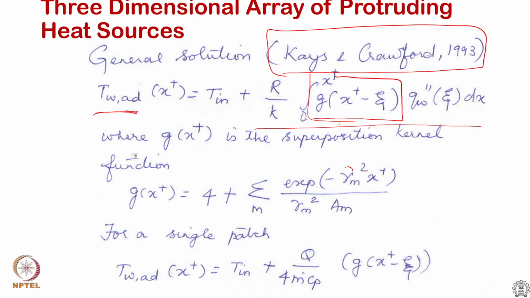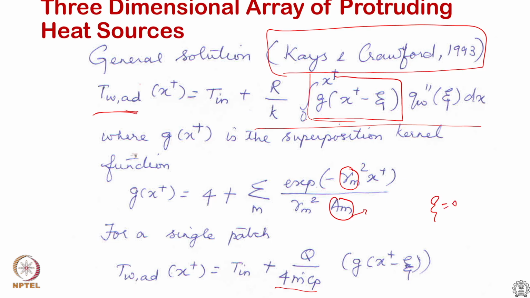And gamma and a_m, they are eigenvalue constants, eigenvalues of this problem. So, for a single patch you get T wall adiabatic equal to T in plus Q by 4 m dot Cp into G(x minus psi). If psi is equal to 0, you get the case of flux being constant right from the beginning. So, what we developed as an unheated starting length problem, as you can see, can be used in this case as well,